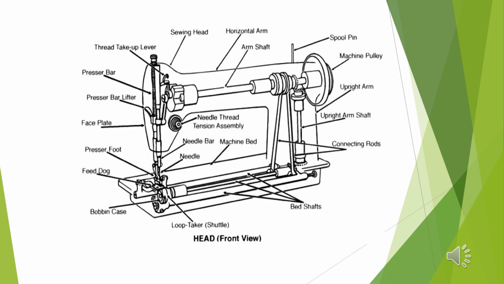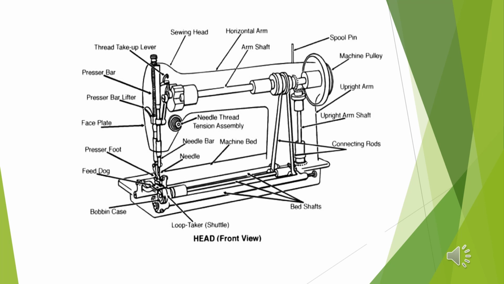We look at the parts of a sewing machine. We have a picture of a sewing machine indicating the different parts. We can see the sewing head, horizontal arm shaft, spool pin, machine pulley, upright arm shaft, connecting rods, bed shaft,